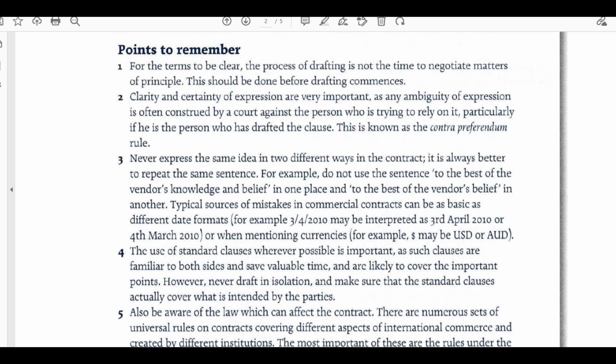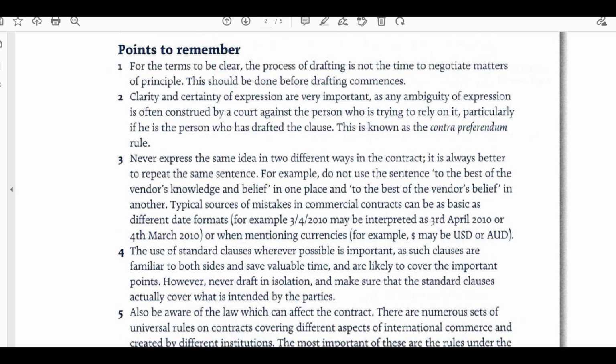For instance, 3/4 2010 may be interpreted as 3rd April 2010 or 4th March 2010. Or when mentioning currencies, dollars may be used as USD or Australian dollars. That's the difference. Of course, the use of standard clauses wherever possible is important, as such clauses are familiar to